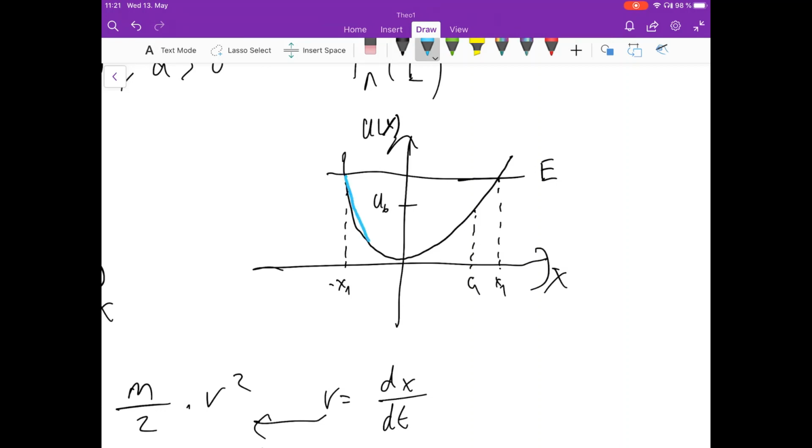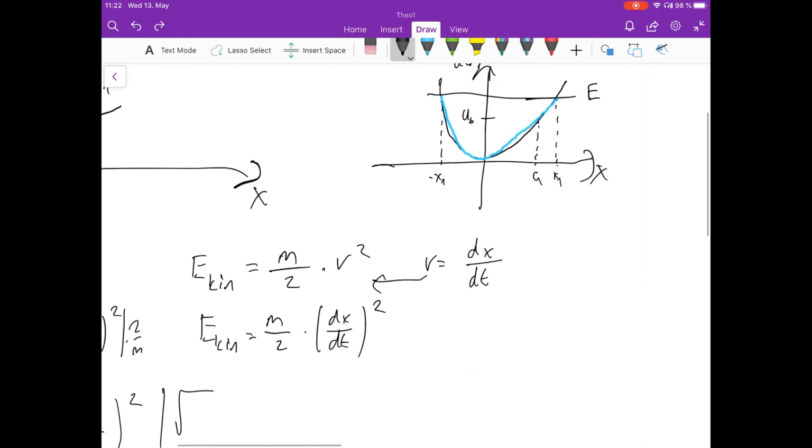So if I start from here and head all the way here, it's going to be half of my period. Imagine thinking of it like this, a sine function maybe. It's going to be half of our period. So